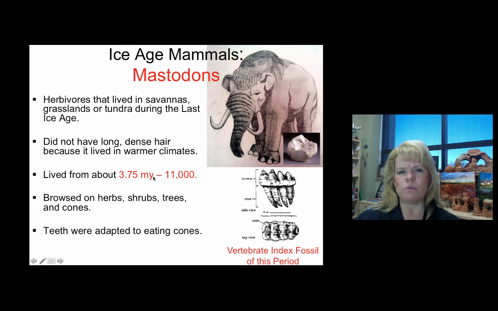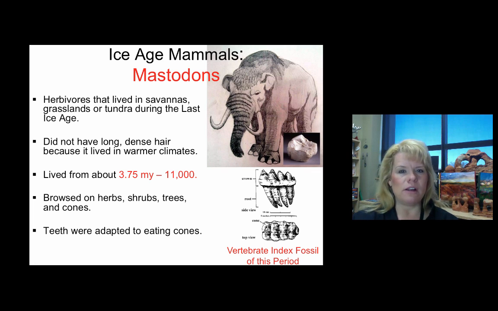But Miocene is when we get the first mastodon in the rock record. These guys don't have dense long hair. They have different tusks. They're smaller. They're kind of like the runts of the family. And their teeth are shaped different because they ate things like pine cones. They didn't have the same food structure or source that a mammoth did. So I think that's one of the reasons they were more successful.